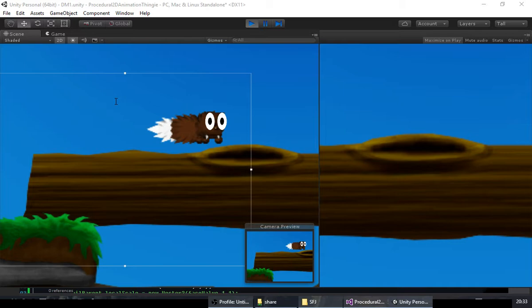This will basically move the camera closer to the target by dividing the distance between the target and the camera. This will create like a smooth movement. And we want the position dot z to be like -10 or something, because we want the camera to be away from things. So